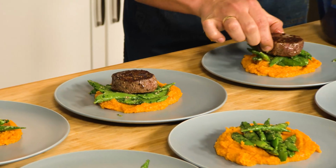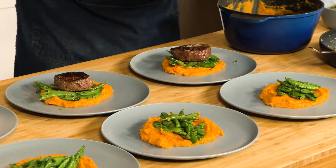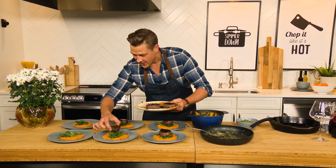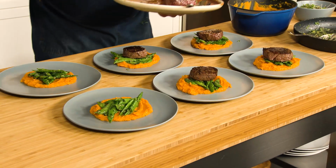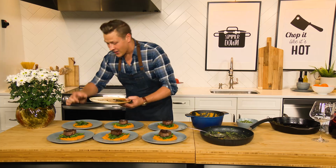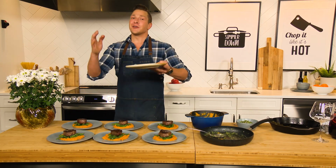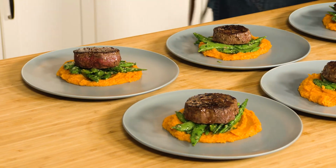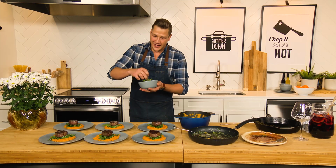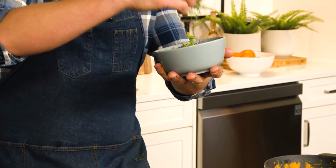Little medallions. You could also slice these, but they're still nice and warm, just like that. And then we're gonna garnish these. Now, I like to garnish certainly with something that complements the dish. Today, you can get beautiful sprouts, sprouts that bring a little bit of heat, radish sprouts, arugula sprouts. So